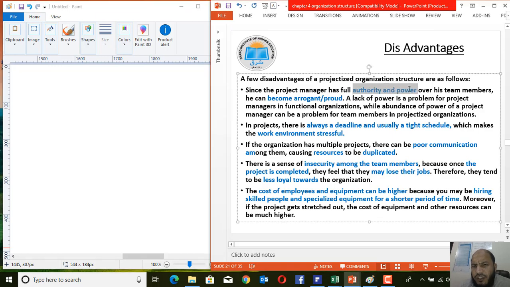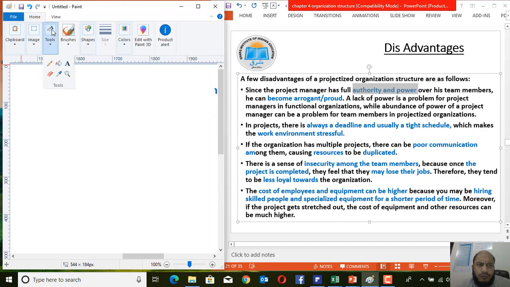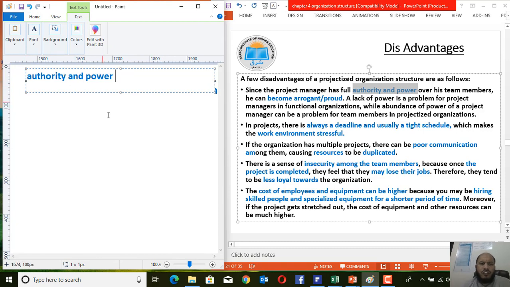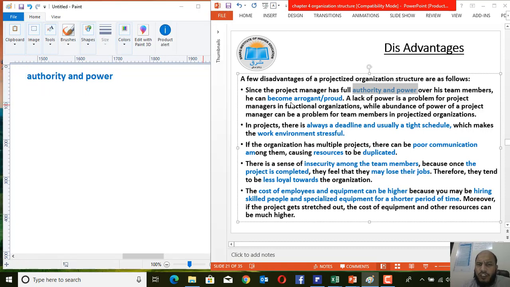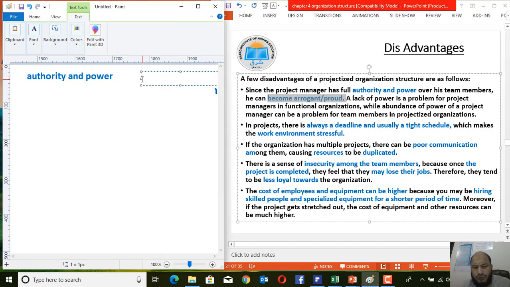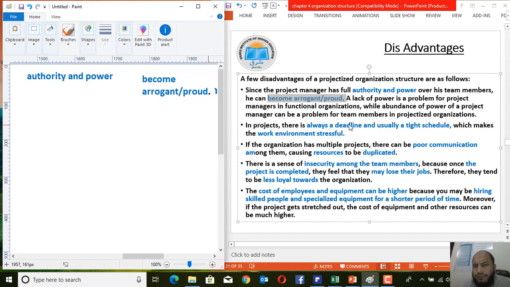Dear students, we may say that full authority and power is in the hands of the project manager. So because of this full authority, the team members become, for example, bored of their project manager, and the project manager becomes proud, and he may show his arrogance or pride upon their team. Second, here is the lack of power